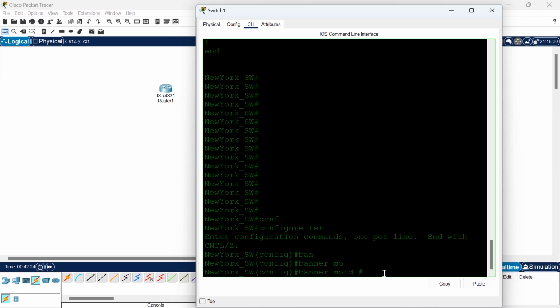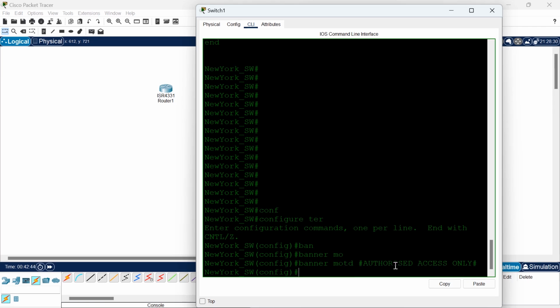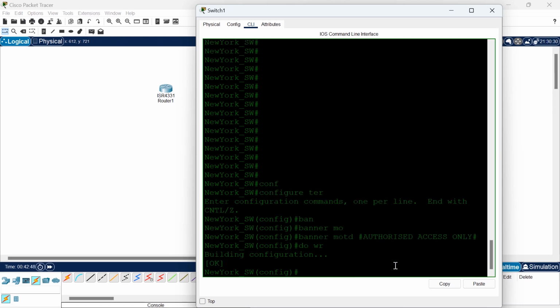You configure it by using a special character at the beginning, a delimiter, then followed by a message. You can say authorized access only. And then you end with that special character, the same special character you had at the beginning. And that's it. Okay. So we can save. And then if we exit,